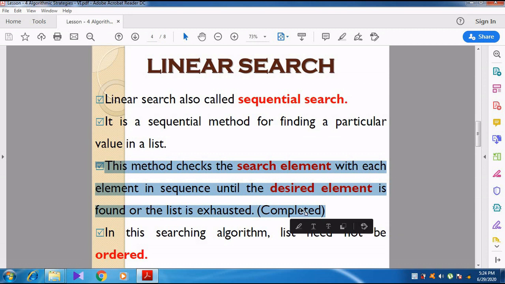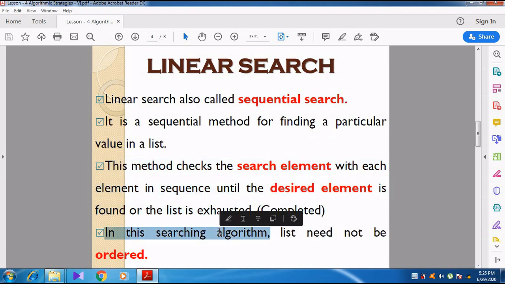We check throughout the list, and if the entire list is completed, we see whether we were able to find the number or not.